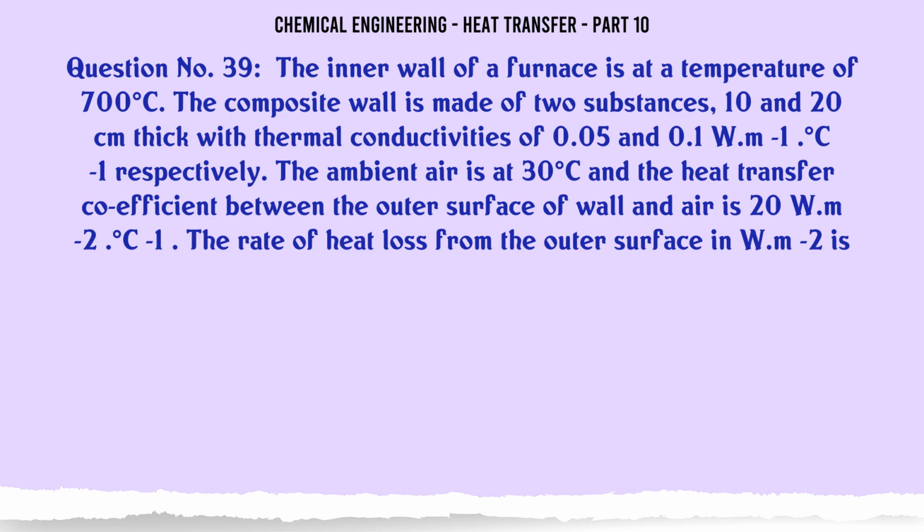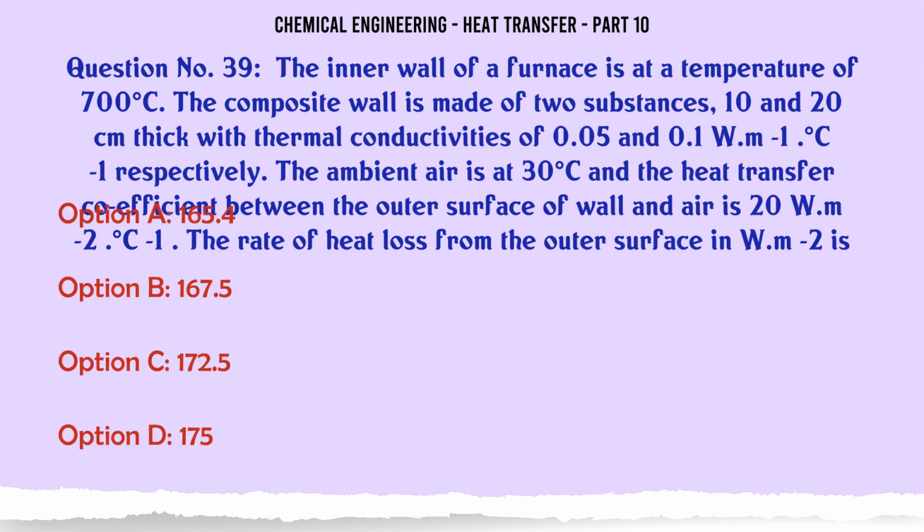The inner wall of a furnace is at a temperature of 700 °C. The composite wall is made of two substances 10 and 20 cm thick with thermal conductivities of 0.05 and 0.1 W/m°C respectively. The ambient air is at 30 °C and the heat transfer coefficient between the outer surface of the wall and air is 20 W/m²°C. The rate of heat loss from the outer surface in W/m² is: